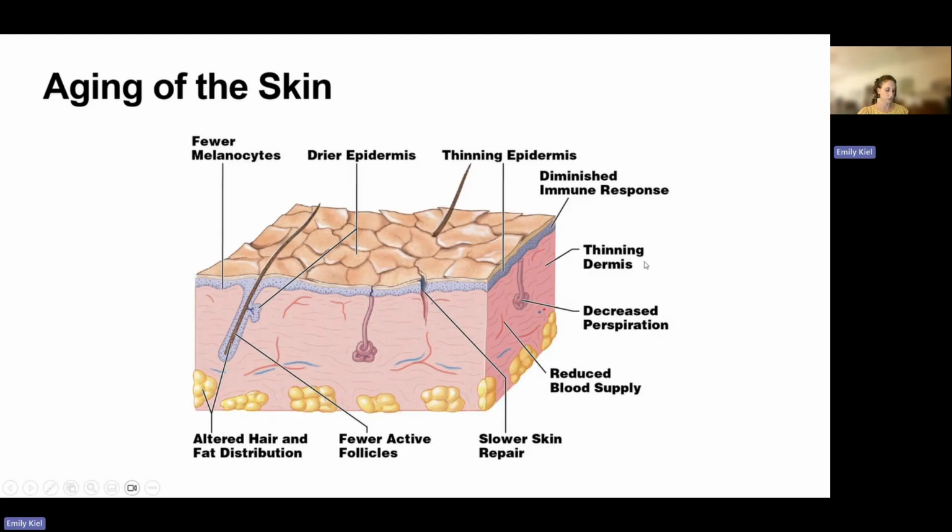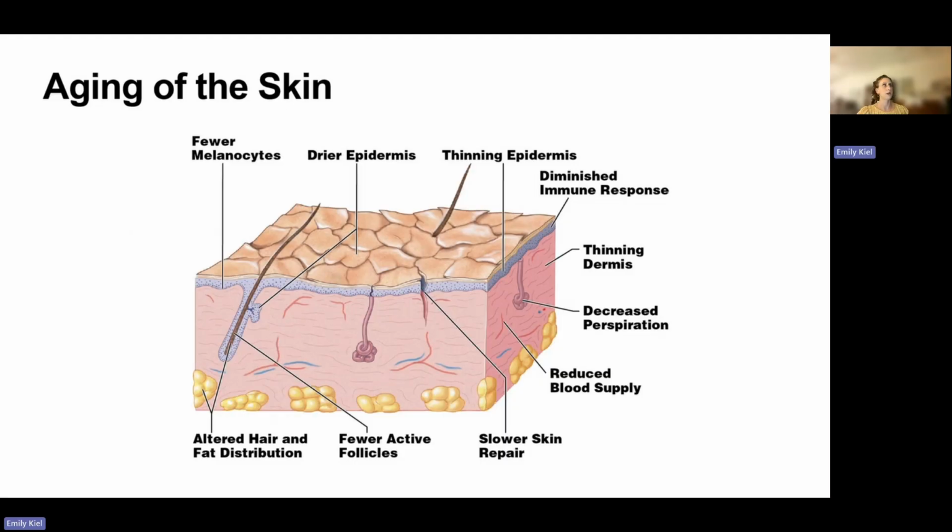Fewer elastic fibers in your dermis are going to lead to sagging and wrinkling. You have a reduced blood supply in your skin, and so that's going to make the skin feel cooler. But the brain doesn't really know why that is. And so it's going to stimulate thermoreceptors and say, hey, the skin feels cooler, something's going on, you better